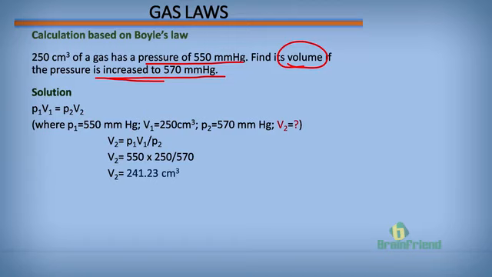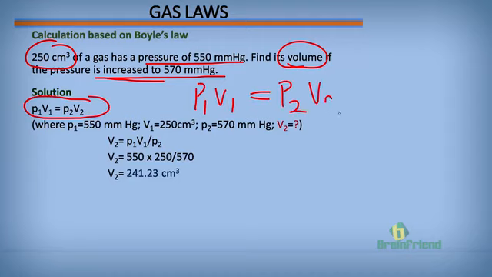So our answer at the end of the day, the volume we are going to get for this system is going to be reduced, less than what we had initially. Okay, so our pressure volume equation from Boyle's law, P1 V1 equal to P2 V2. Now we are looking for V2. So if we bring the right hand side of the equation to the left hand side, we would be having P2 V2 equal P1 V1.